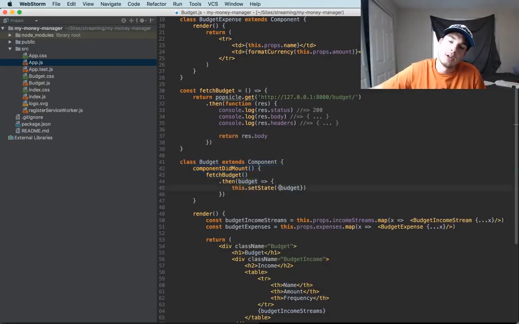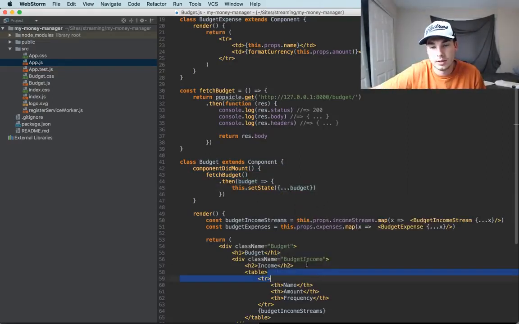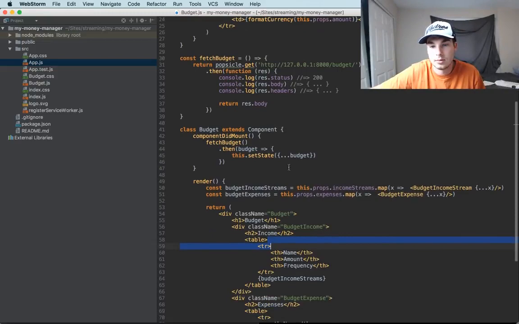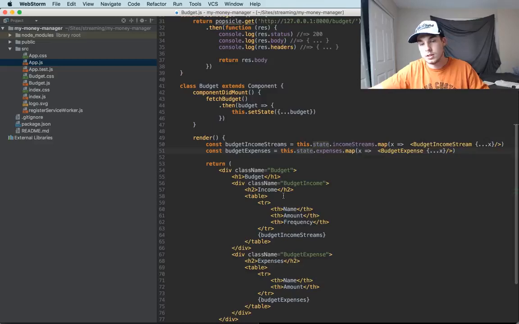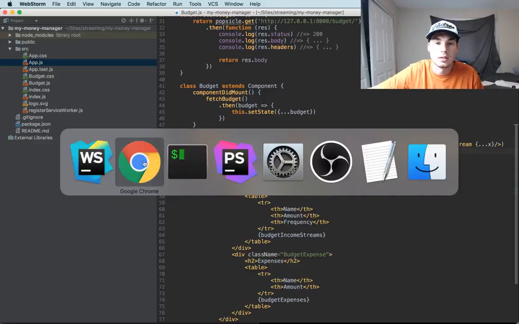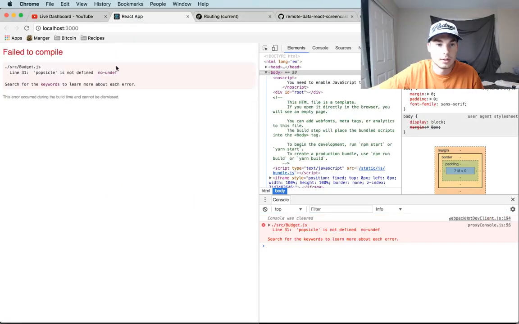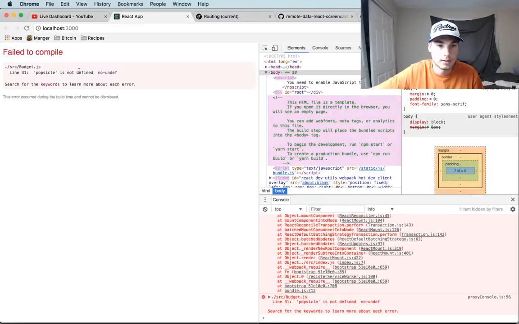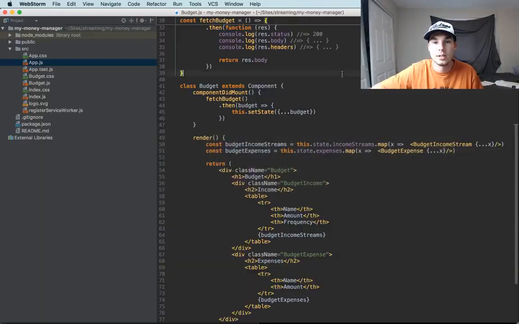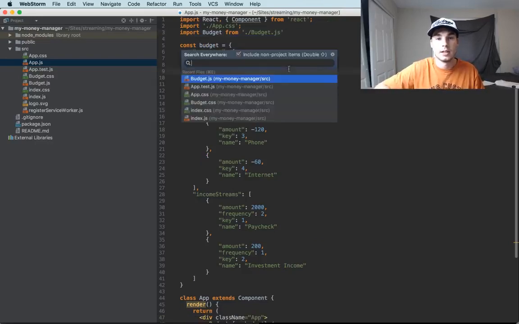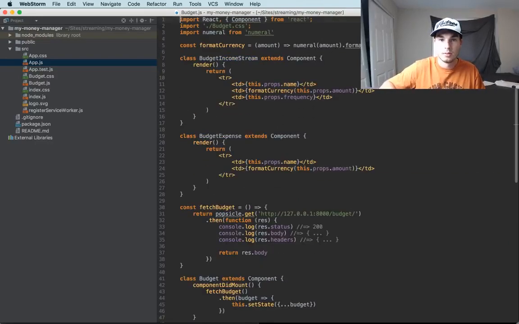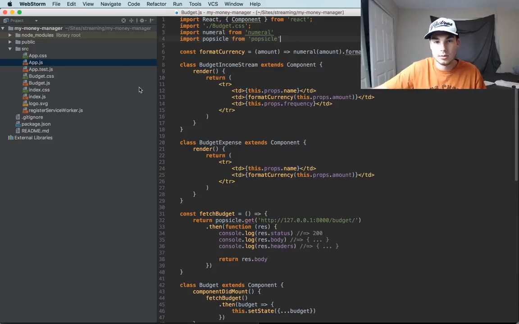Should we spread? I think that's more like what we've been doing. So now instead of getting this from props, we want to get this from state. Let's take a look at our app and see what. I'm sure something's wrong. Popsicle is not defined. Okay, we need to import that. Remember, we imported that in app, but we forgot to copy that over when we moved the logic into the